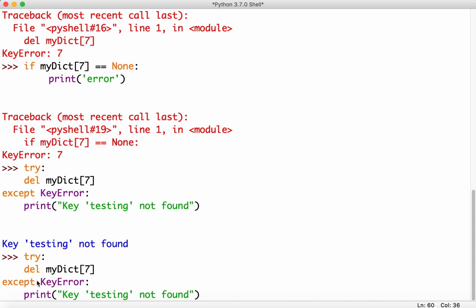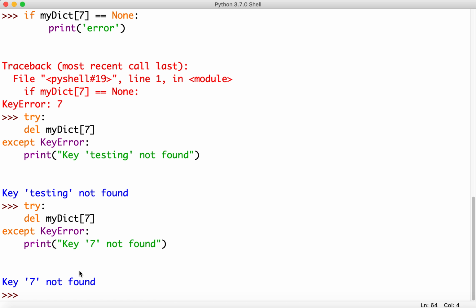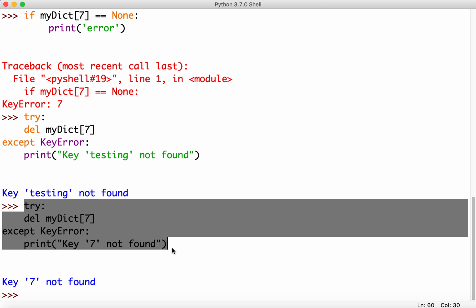So try. This is another advanced sort of concept that we're bringing in now, but it's good. Good, we're learning it now. And change that to 7. There you go. All right, key 7 not found. Okay, and then your program will still run. It won't crash like this and you'll get this traceback, and then your program's just going to fail completely. Then you have to go through, find the error, find a way to get around it. But if you've got things like this in try except, it will help you. Like in the except, maybe you can do something there,